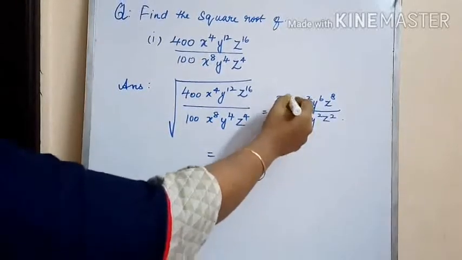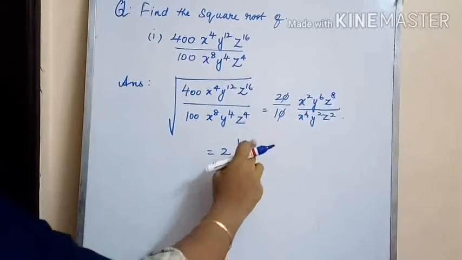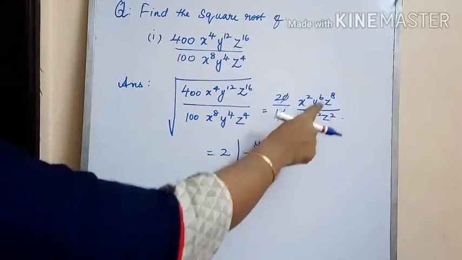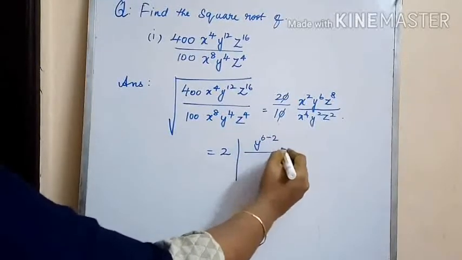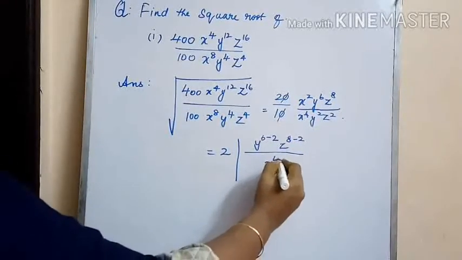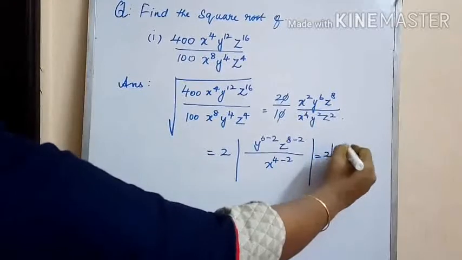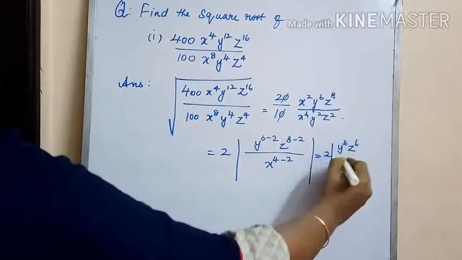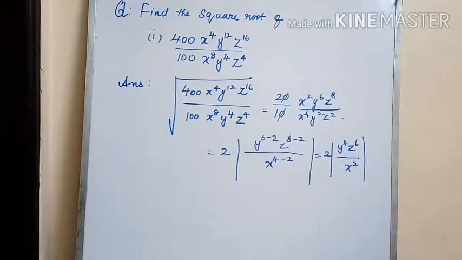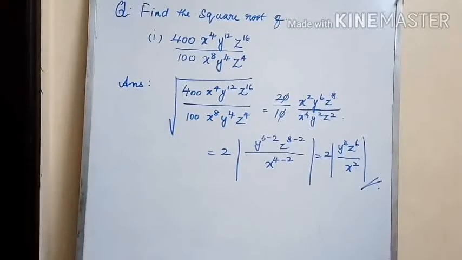Now cancelling the common terms, in the numerical part we have 2 and x squared by x to the power of 4 will give you x squared in the denominator, and in the numerator you will have y to the power of 4 into z to the power of 6. Square root of any number or a rational expression should be written within modulus. So your answer is 2 into modulus of y to the power of 4 z to the power of 6